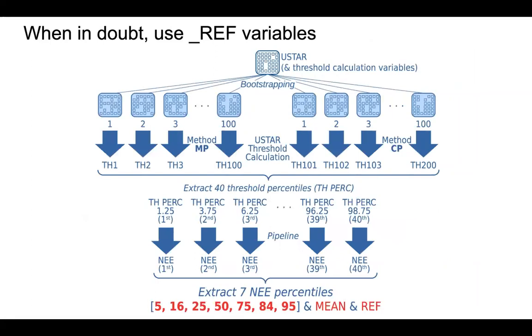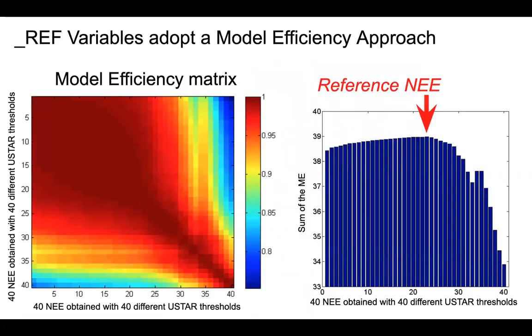So just going back to this graph for a little bit to highlight what I mean by the shortcut variable. We generate this reference version of the fluxes that is what we believe is probably the most commonly useful version to be adopted. So if you're not sure which one to use, starting with the reference is a good bet. The reason for that is we are using this approach to calculate the best version of